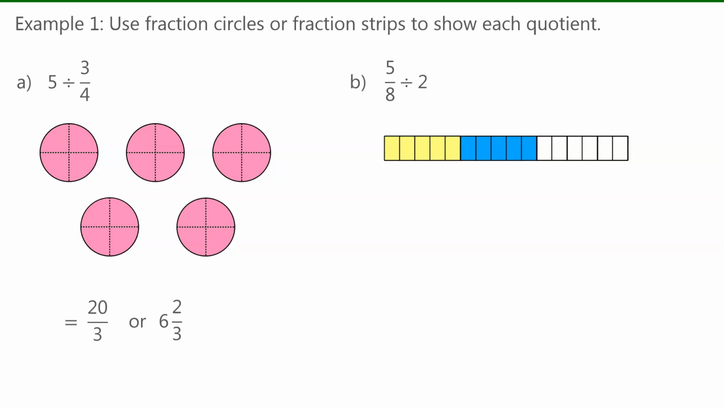So how many pieces are in the fraction strip now in total? Well, we can see that there's 16 pieces in total. So 5/8 divided by 2 is equivalent to 5 out of